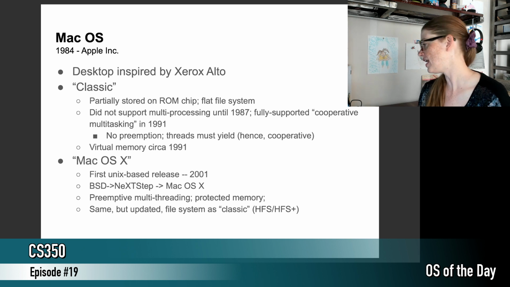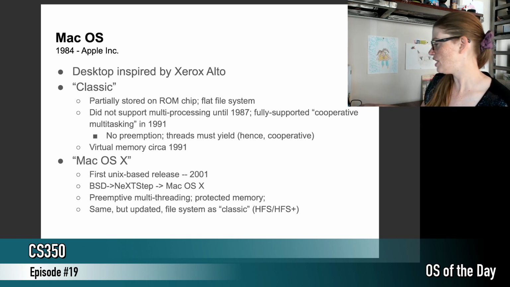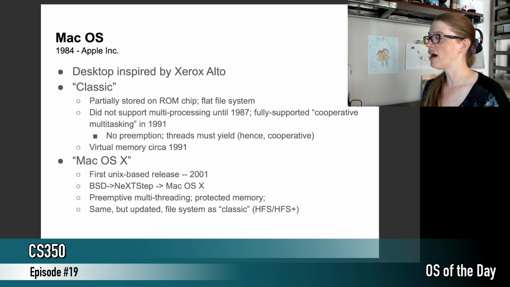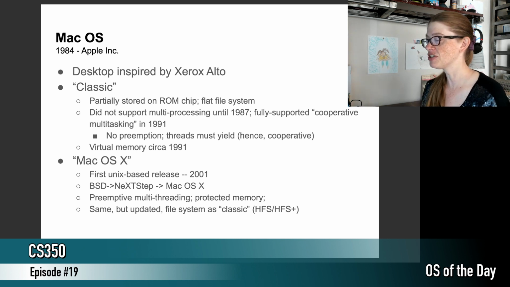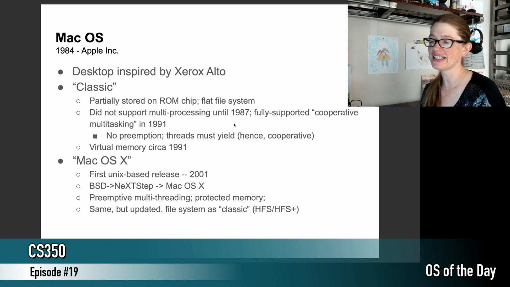And Apple, of course, went in and made their own changes to that. But yeah, it's still BSD underneath. And that's why having a bash terminal is so easy to do, because underneath it's just BSD with some changes. Now, they did keep the file system between Classic and Mac OS X, which is HFS,